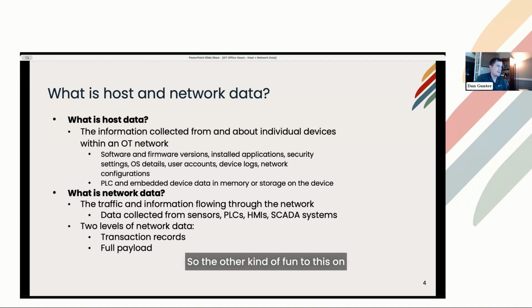So the other fun part is that sometimes getting more data, network and host together, can actually build better asset ID. Because there are certain fields in Modbus that have to be reported, but by the Modbus spec, not all of those fields are always right over the wire. And so, yeah, network and host data. We're getting a little ahead, but this is just getting into some of the fun of the value of bringing this data together.